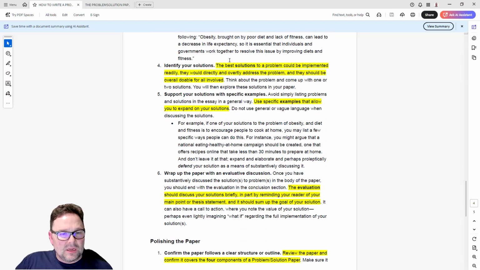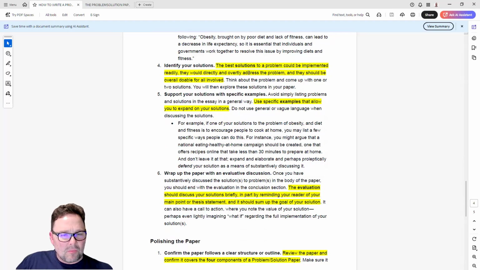When it comes to talking about your solutions, you want them to be solutions that could be implemented right now without much hassle or much fuss. Lofty, long-term, maybe someday kind of solutions, try to stay away from those. Try to get as concrete and realistic as you can,